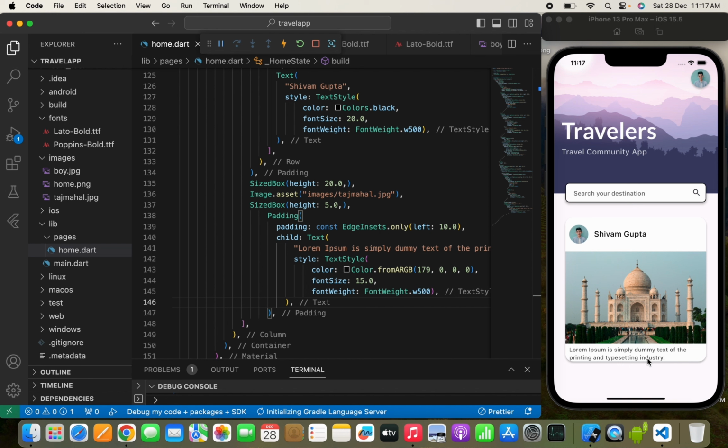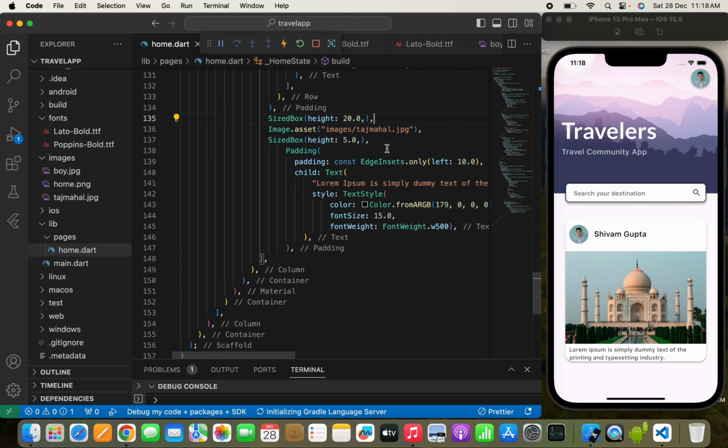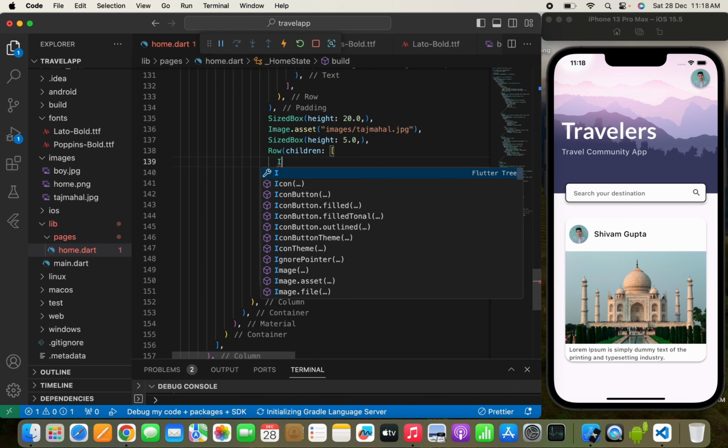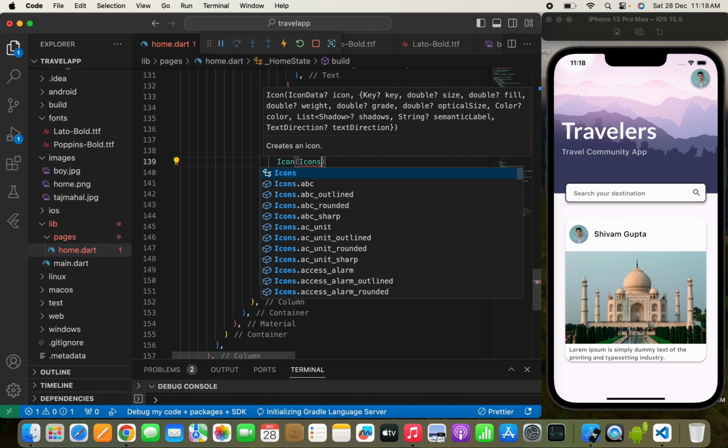Now one more thing about this app is showing the location of this place that has been uploaded by the user. If I show the location, then different travelers will know which location it is. So here I need to use a Row widget again. For the row I write children, and first I'm going to show the icon, so I will use Icons. and let's pass the location on icon,